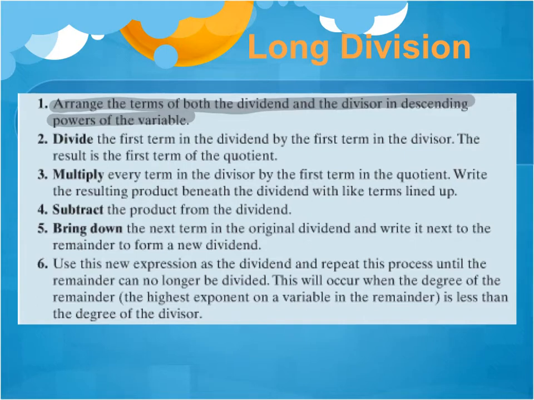Then you start by dividing the first term of the one on the outside into the first term underneath. So divisors, what's on the outside, dividends, what's underneath, okay, for vocab terms. So you're going to start with first and first. Divide the outside number into the first term, and then put that number at the top. Multiply every term of the divisor, the thing on the outside, by whatever's at the top. And then this says to subtract, and I actually choose to change the signs and add,